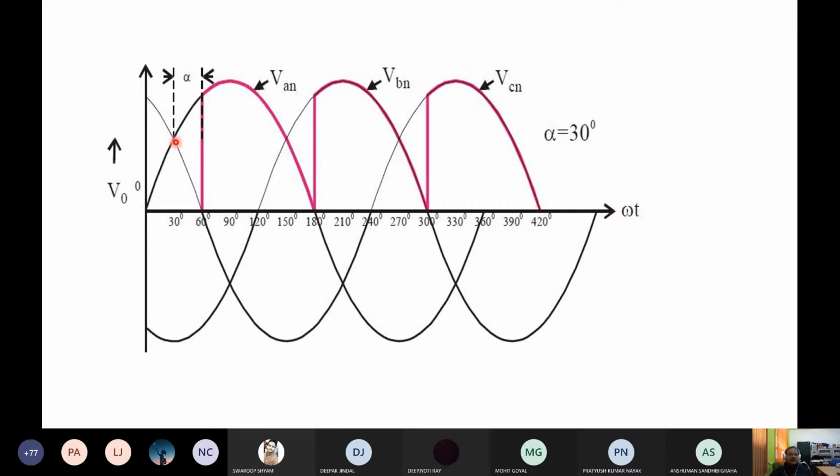Okay. So if this is the reference, if this is 0, this is the reference of measuring angle. So this is alpha, and this is 120 degree plus alpha. No, minus 30, 150 degree plus alpha. From here to here, the initial limit is alpha, final limit is alpha plus 150. In a complete cycle, 3 pulses will appear.